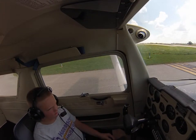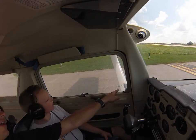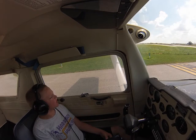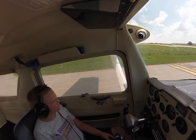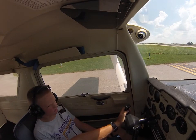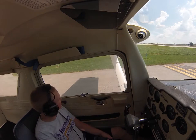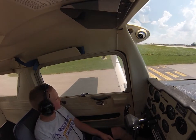Okay, so we gotta make the call before we go out on the runway and cross this line. See the whole short line up here? You can see it out here. Remember what we talked about when we were in camp? Yep. Well, we've got the two solid lines, so we can't cross it until we make sure it's safe. Warsaw traffic, Cessna 857, departing runway 18 Warsaw. So we check out that way, we check down this way, we make sure that there's nobody coming, and then